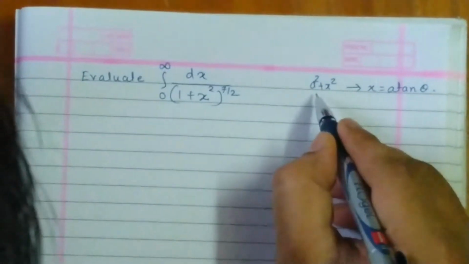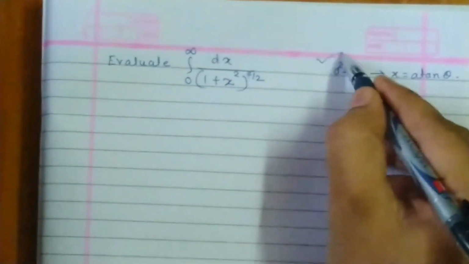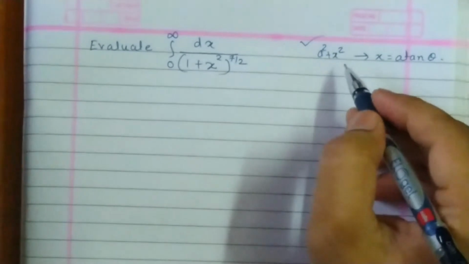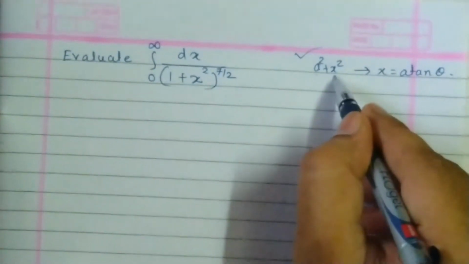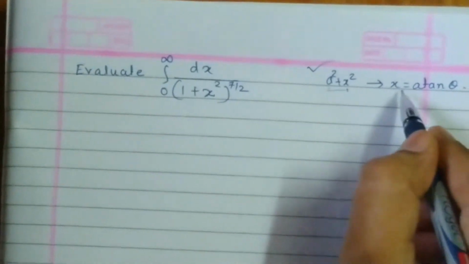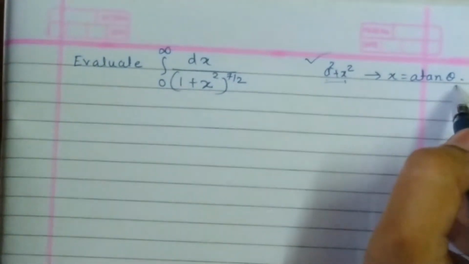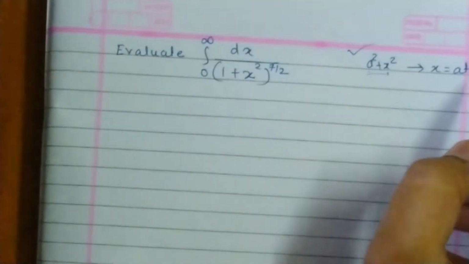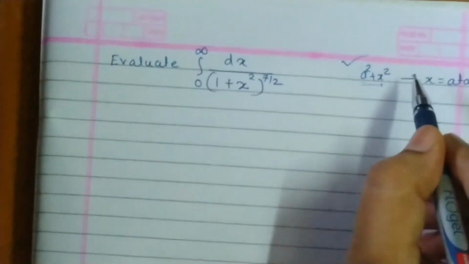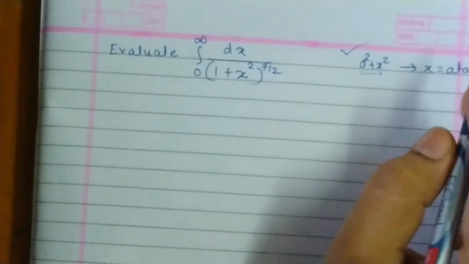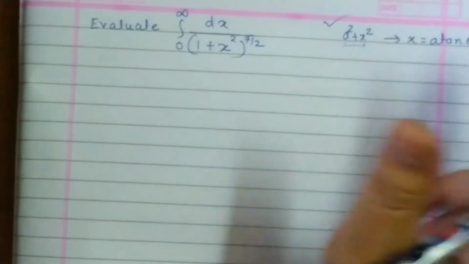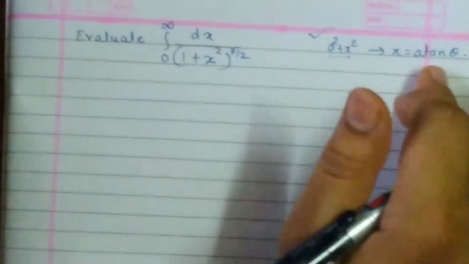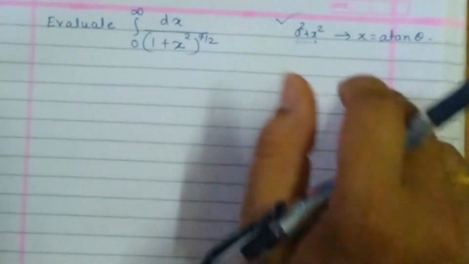Okay, one more substitution we have discussed in the previous lecture, where we discussed the second form of the beta function: if an a square plus x square like term is present, then you can make the substitution x is equal to a tan theta. The earlier problems were based on the substitution a sin theta or a square sin square theta. Now this is a substitution where I am using a tan theta specifically.